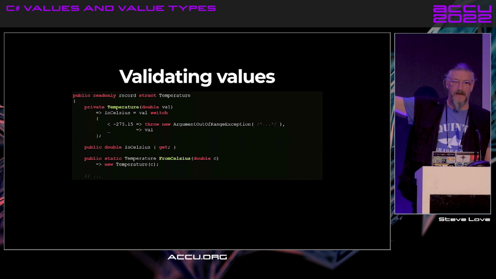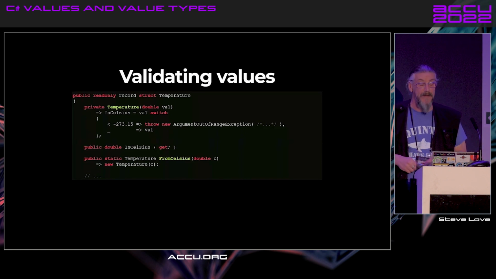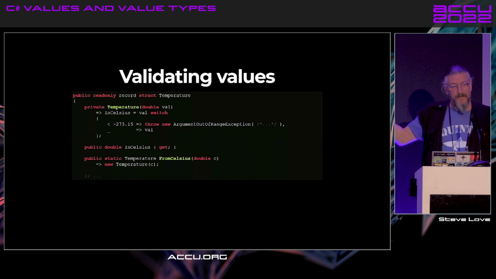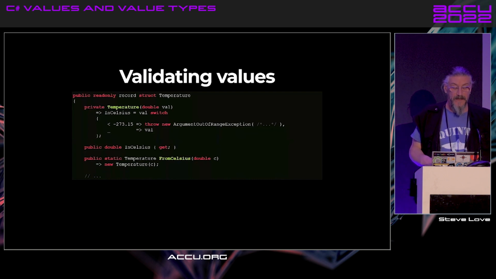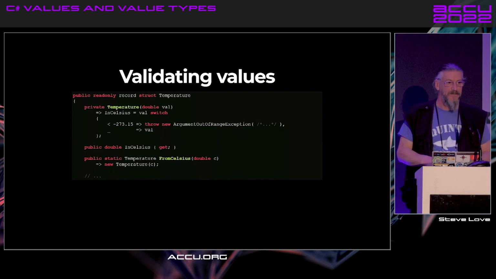And we use the discard operator, which is only slightly visible on the left, which is a single underbar. It's known as the discard operator, and it matches anything that hasn't already been matched. So if the value being passed in is below 0 Kelvin, we throw an exception. Otherwise, we assign the whole expression the result of the value that was passed in. So we just assign that to the InCelsius property. All good. We can now be sure that every time we create an instance of Temperature,